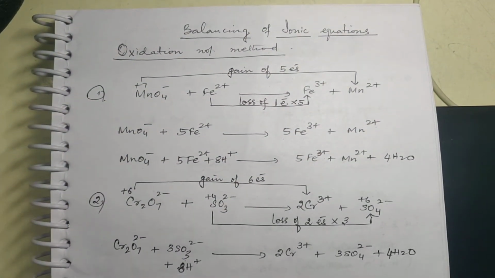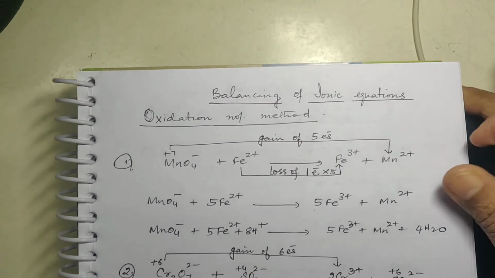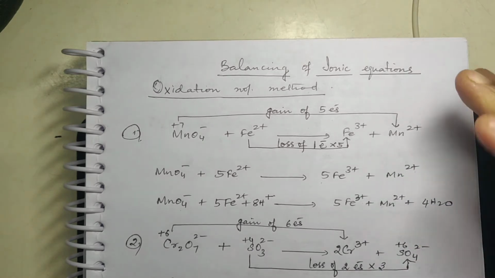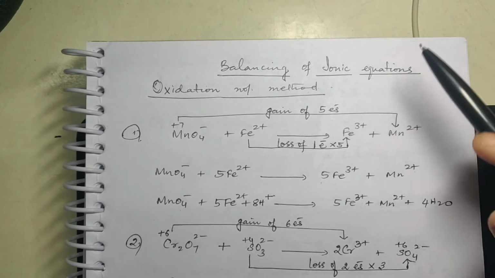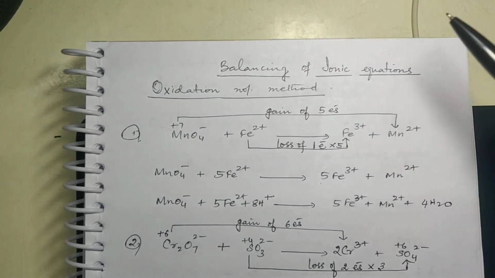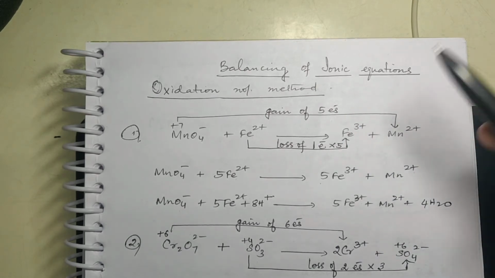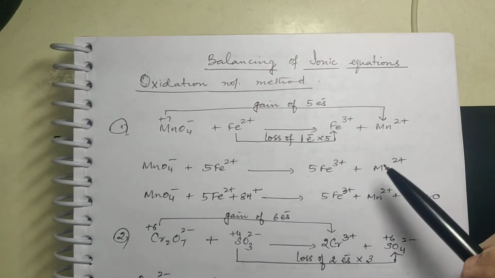Now we will see the same balancing of ionic equation by a different method. What we saw in the previous class was the half reaction method. What you did, you separated the like terms, oxidation and reduction reactions separately, and then separately you balanced each of them and then added, is it not? Now without separating, we are going to do it in the same equation. How we are going to do it, that's what I am going to tell you.